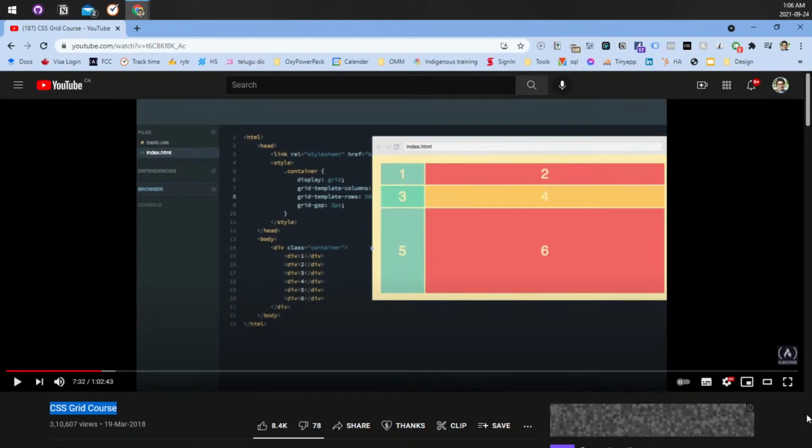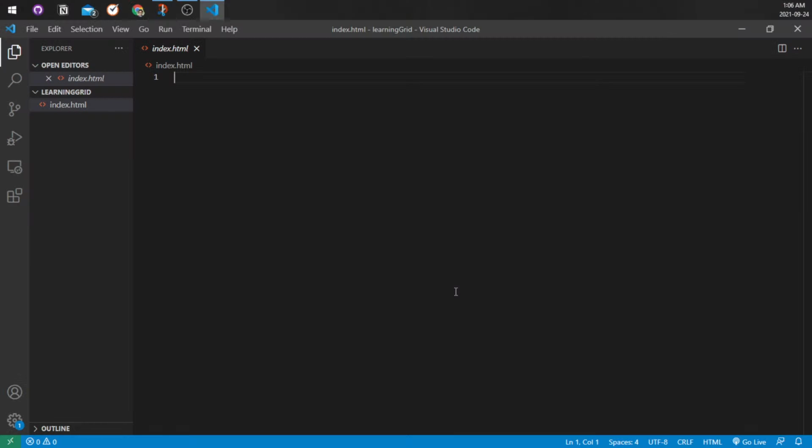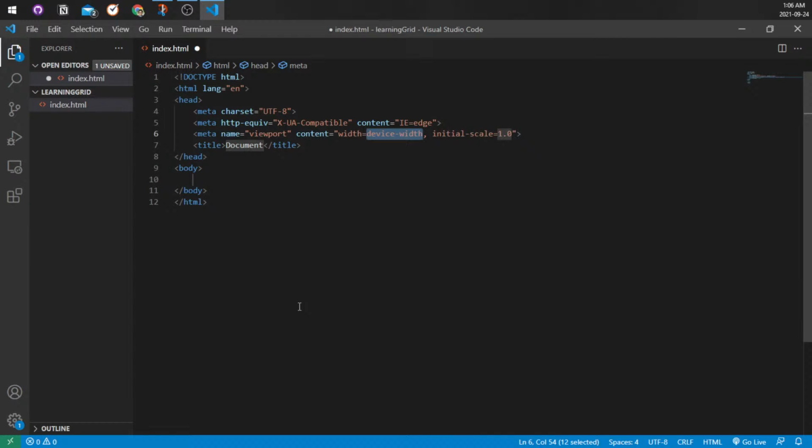So this is the YouTube video that I'm going to follow, and this is where I'm going to write the code. So I'm using VS Code. This is my HTML boilerplate, but this is the default HTML boilerplate. So first thing,